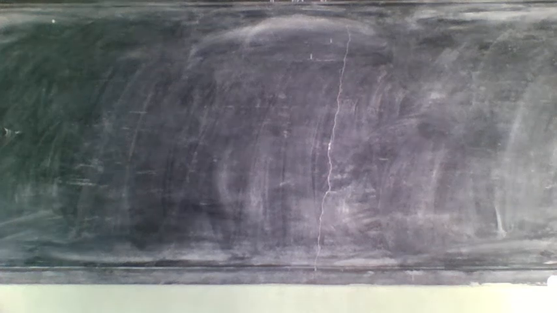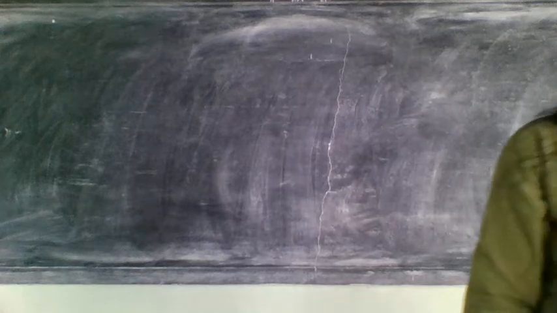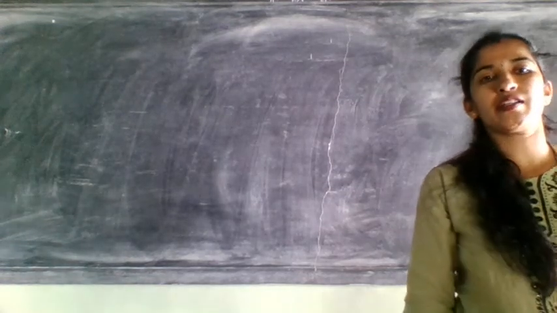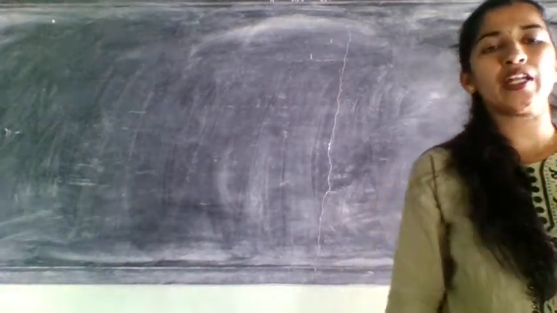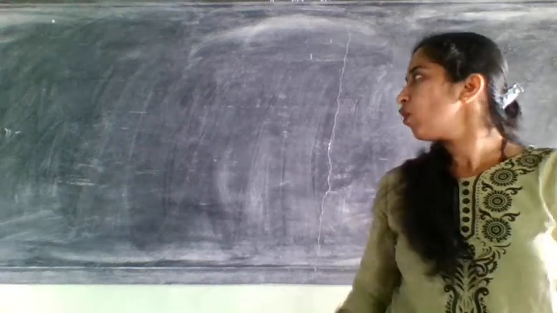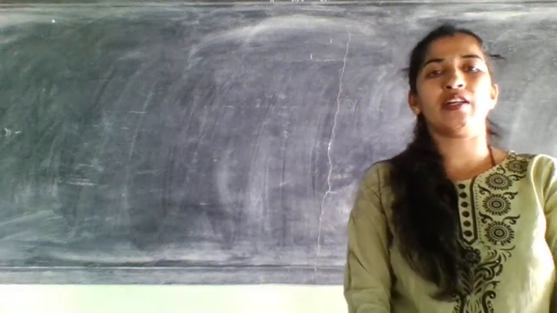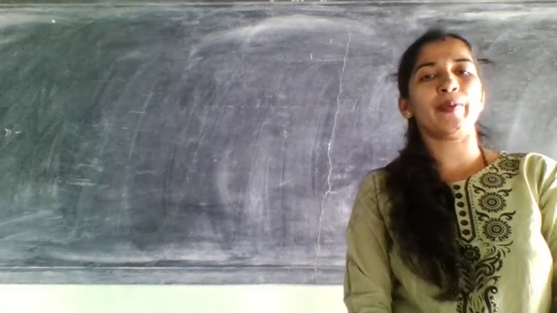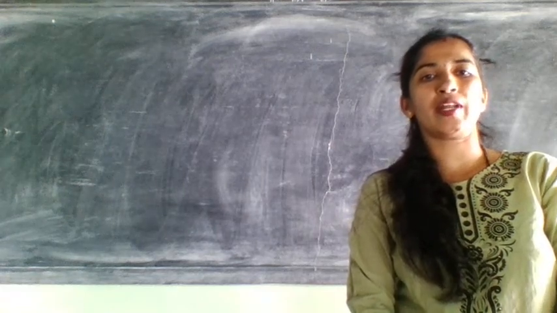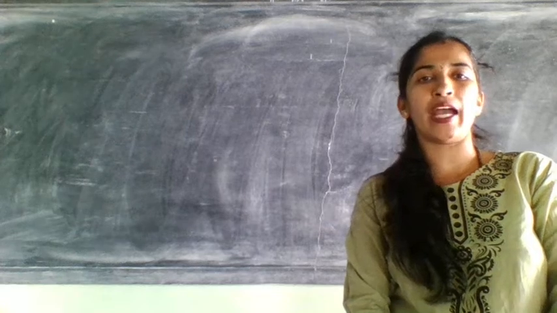Dear students, in today's class, we will discuss the last adjustment in partners' capital accounts, that is capital adjustment. So this is how to do this capital adjustment. All the methods are the same as in the previous problem: first you need to prepare the revaluation account, partners' capital account, and then the balance sheet, but one more step is to be added.